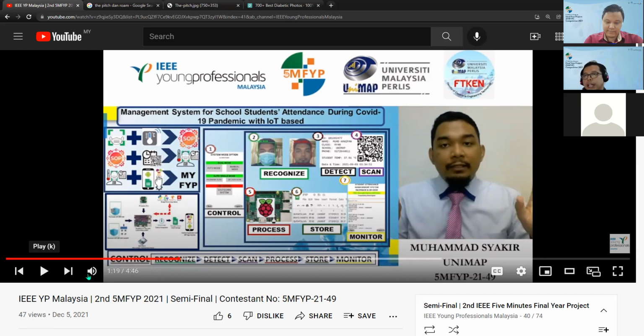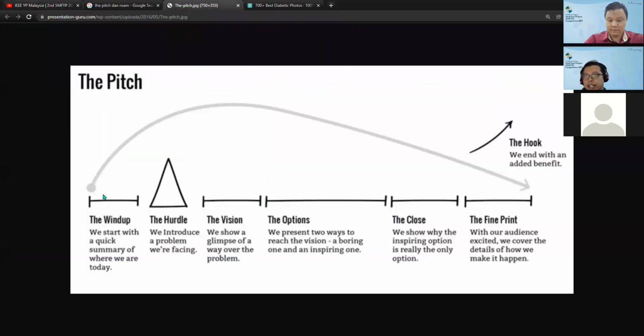So mostly everyone knows already what COVID is by now. So you can use that advantage to jump straight through to what you're doing. Okay. So in this example, you are doing a management system for school students' attendance. So what I'm expecting, maybe after a couple of introductions on the standard operating procedures in supermarkets, for example, or in public places, is: what about at schools? Okay. So if you do that kind of wind up, you can go straight to the hurdle.